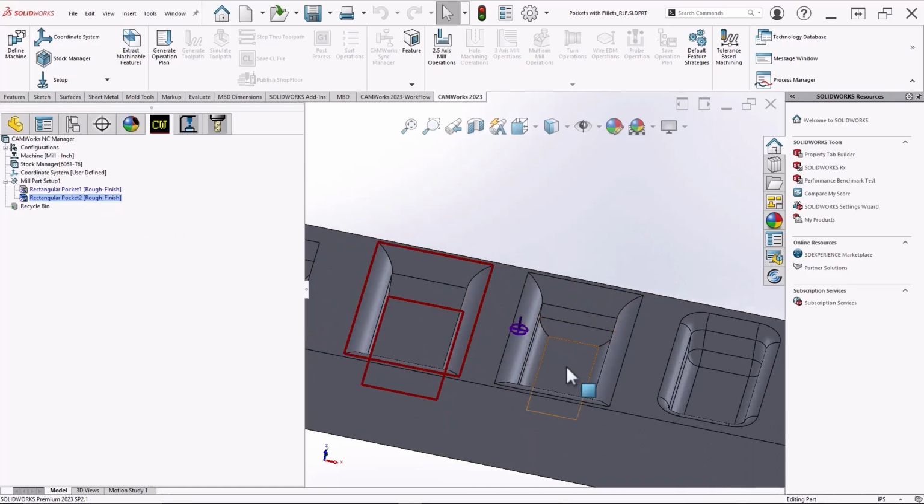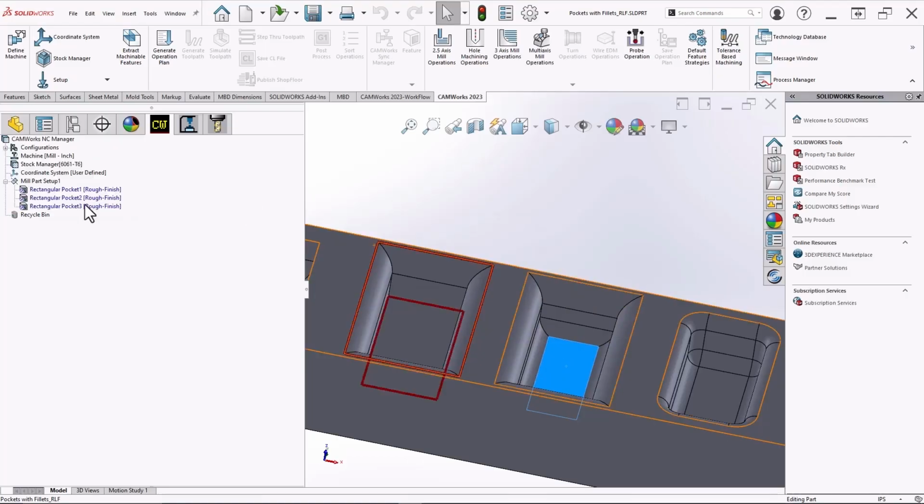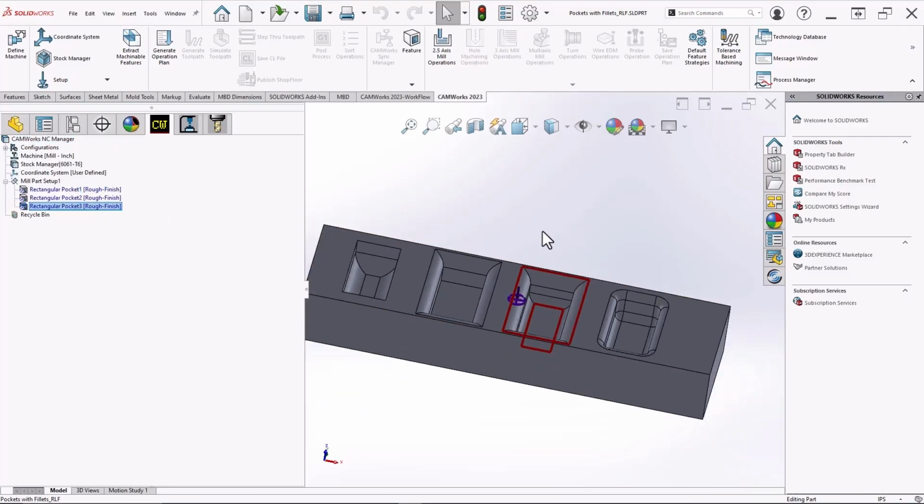I can click the bottom face, or I can select all the faces in there. Right-click and hit recognize local features. And once again, you can see that it actually did recognize the profiles correctly. Okay, so for these first three, that's how you can recognize pockets with top or bottom fillets as 2.5 axis